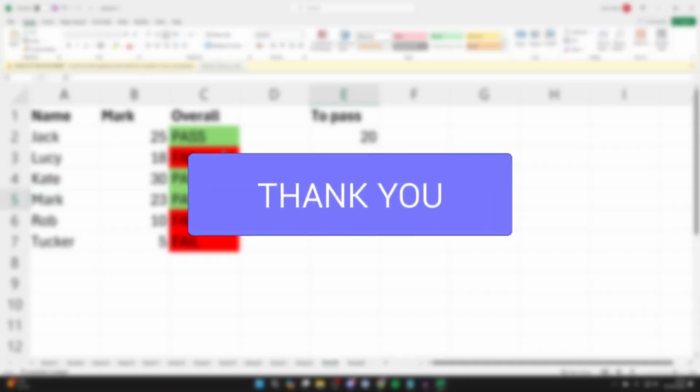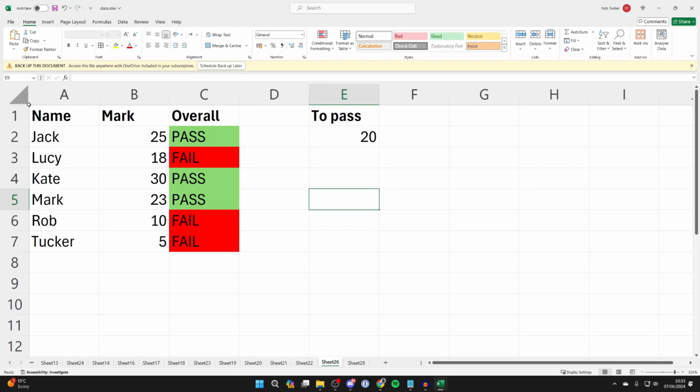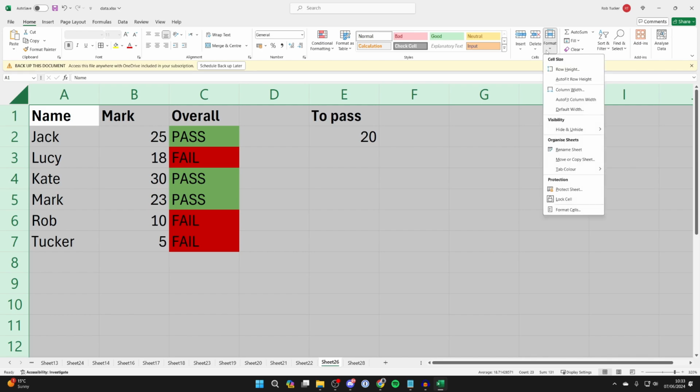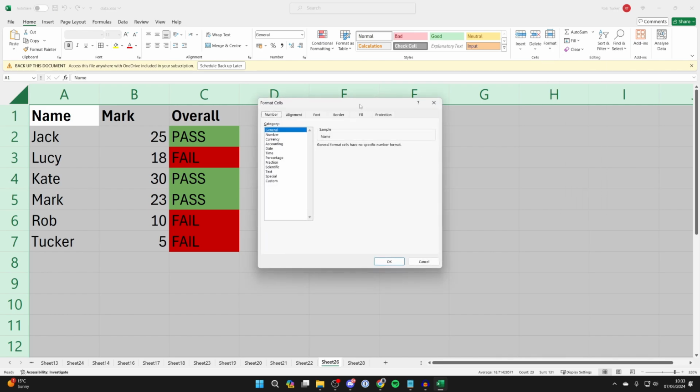First of all, you need to select the entire worksheet by going to the top left and clicking on the triangle. Then in Home, go over to the right and click on Format, and then click on Format Cells. Now go over to the right here and select Protection, and unselect Locked, like so, and go